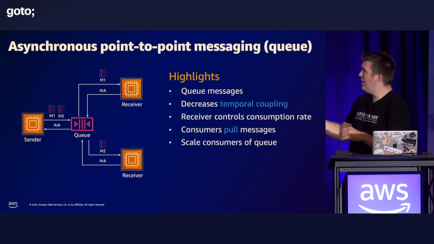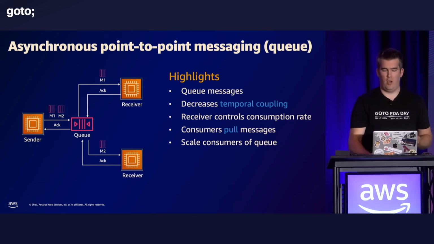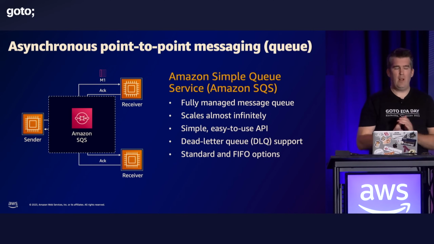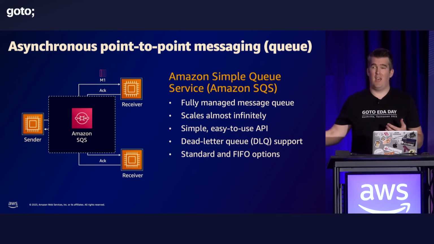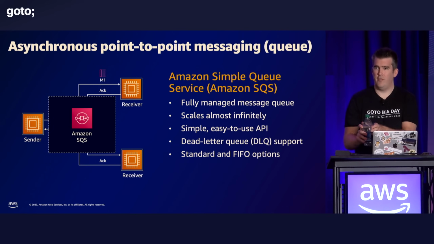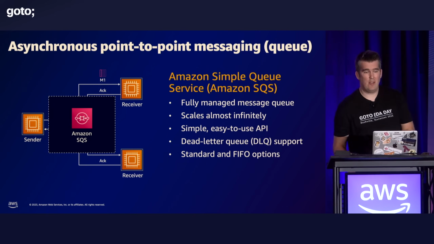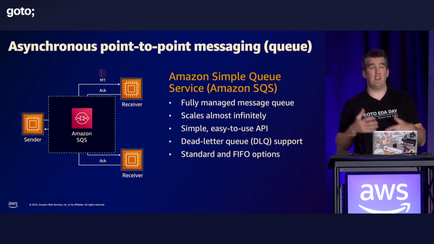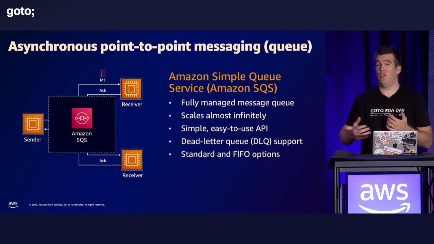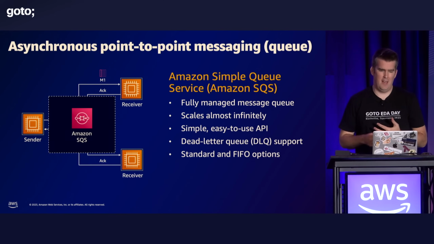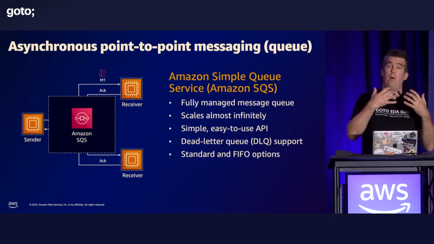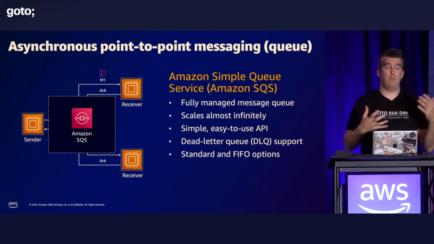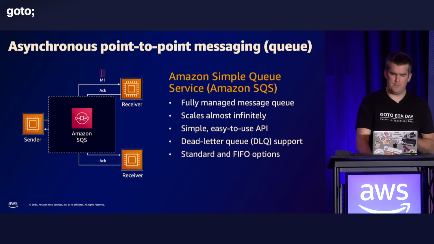And the interesting thing here is consumers pull messages off the queue. Now, if we link this back to serverless services on AWS, this is Amazon SQS. Is anyone using SQS here? Cool, a few hands. It scales almost infinitely and allows us to do things like FIFO queues. So if ordering is important to you, we can do FIFO message processing here. And also dead letter queue support. So again, your event-driven architecture journey will probably have some kind of queuing mechanism in there.